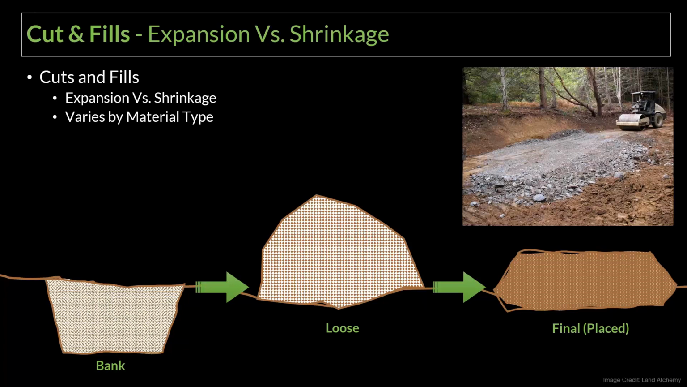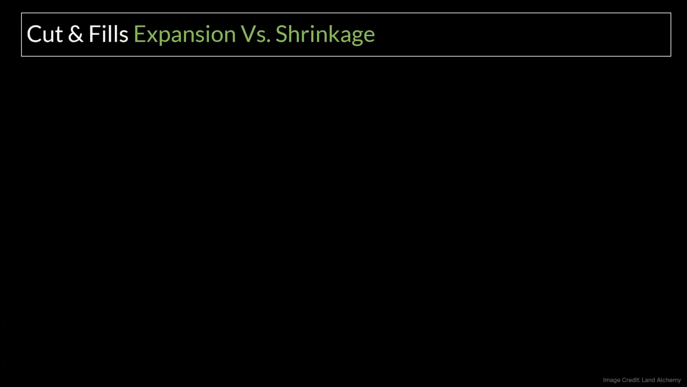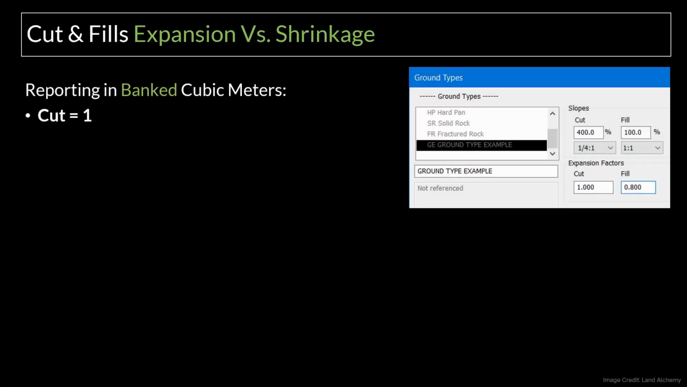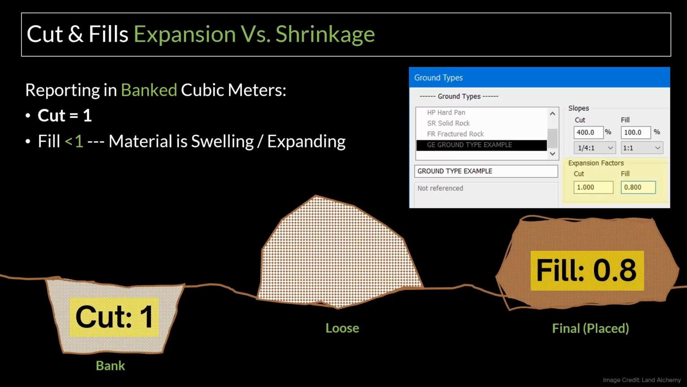Now these bank or final volumes, they're probably a little different from one another. So let's apply some numbers to these here. So if we want to work in bank cubic meters, our cut factor is going to be set at 1. So we want to relate everything back to that cut factor of 1. Now, if we were to dig, say, a 10 cubic meter hole, it's going to be stockpiled temporarily,